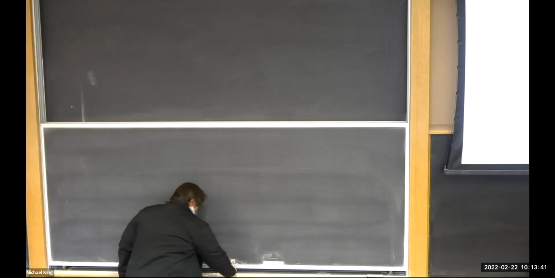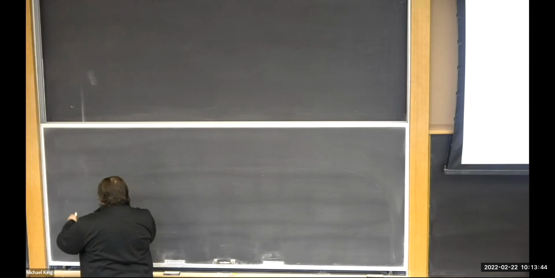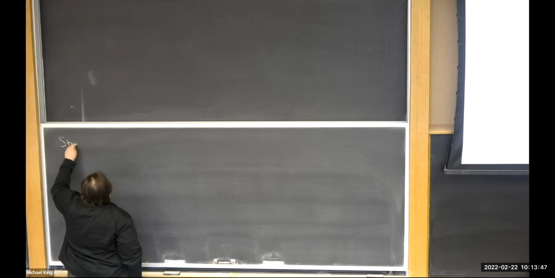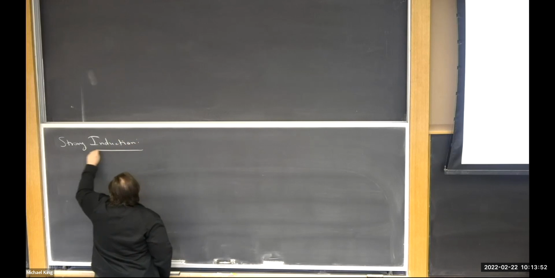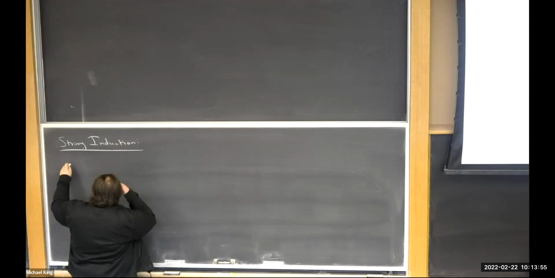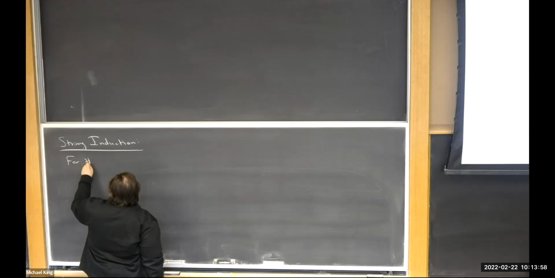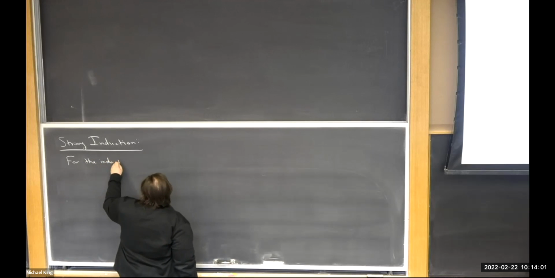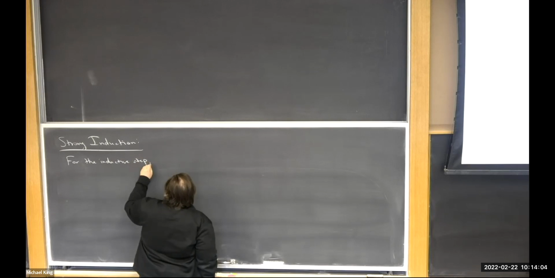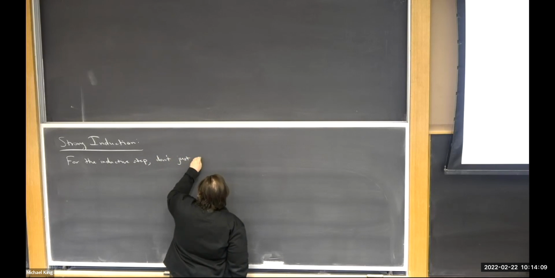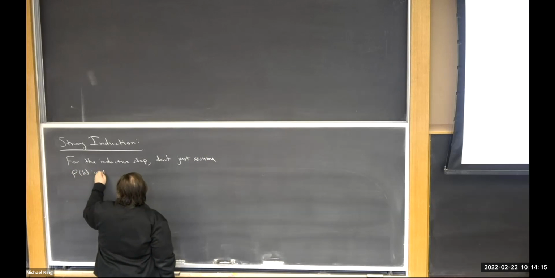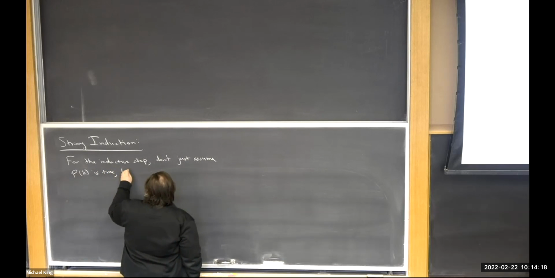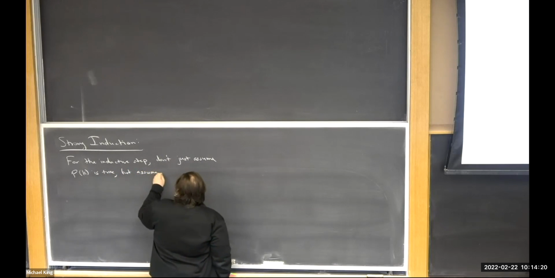And so the idea was that for the inductive step, don't just assume P of k is true, but assume that sort of like,